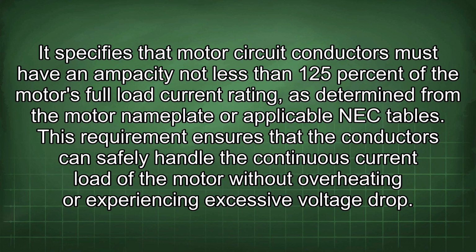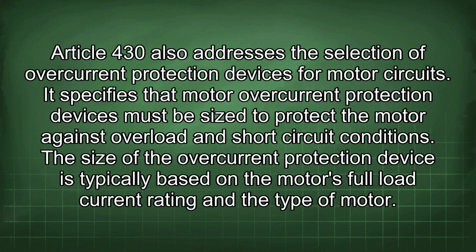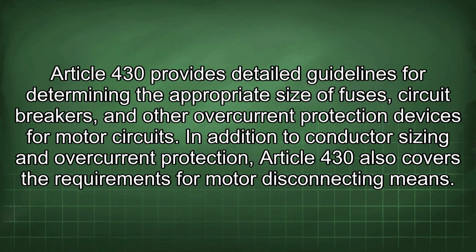excessive voltage drop. Article 430 also addresses the selection of overcurrent protection devices for motor circuits. It specifies that motor overcurrent protection devices must be sized to protect the motor against overload and short-circuit conditions. The size of the overcurrent protection device is typically based on the motor's full load current rating and the type of motor. Article 430 provides detailed guidelines for determining the appropriate size of fuses, circuit breakers, and other overcurrent protection